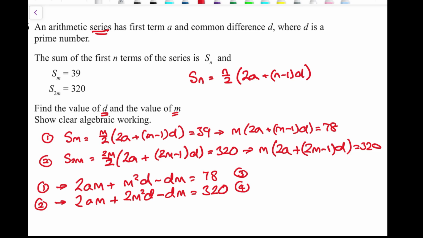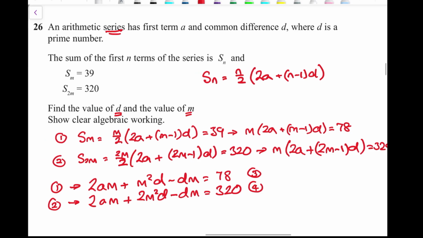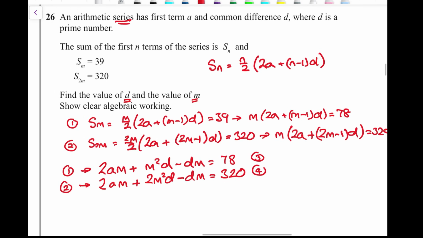So the question is what I do now, because I've got 2 equations and I've got 3 unknowns. I don't know what a is, I don't know what m is, and I don't know what d is. So I'm going to have to try and do something to get rid of some of these values. What I do notice is both of them have 2a times m and both of them have d times m. So actually, if I take away these 2 equations, if I do 4 minus 3, because 320 is bigger than 78,